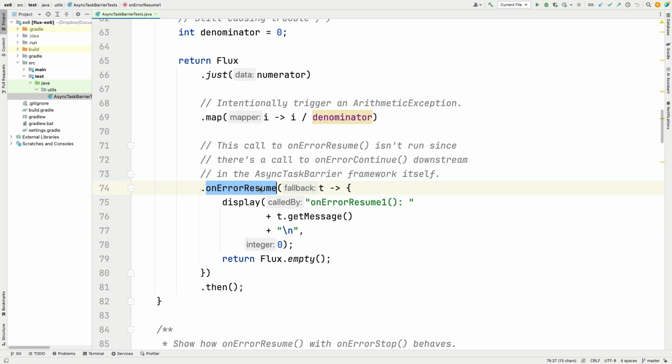However, and this is completely bizarre, there's a call to onErrorContinue in the AsyncTaskBarrier framework implementation itself. And it's there so that if errors occur, we don't necessarily stop the processing of all the other tasks. So there's a reason for having onErrorContinue. However, it's a bit non-intuitive. If you don't put an onErrorStop here, then this onErrorResume will not get run, which is bizarre, but we'll come